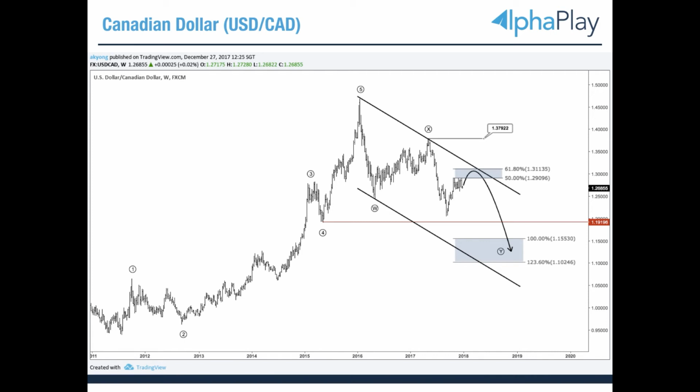Canadian dollar against the US, you can see this one is weekly. Based on the last year outlook, this is impulse, this is correction, this is impulse. So I'm expecting there is still some more room for it to go down. That means we'll continue looking at it this year. Dollar CAD, you need to take note: if the macro trend of global deleveraging takes place, we expect the dollar to strengthen, then this one will be a little bit contradicting. So that's why other currency pairs might present a better opportunity.